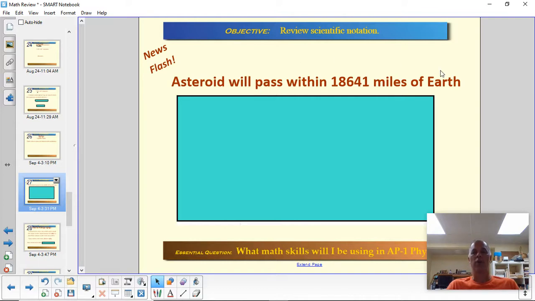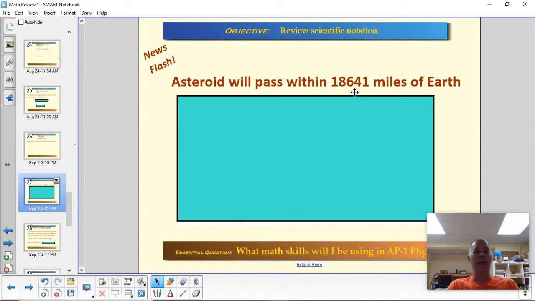There was a short news report I saw about a near-Earth asteroid that had been discovered, which is going to pass within, the headline said, 18,641 miles of Earth in a few years. And I hope this jumps out at you as an oddly precise number. Because if these are truly significant figures, what the researcher is claiming is that this asteroid 5 years from now, or whenever it's coming by, is going to be